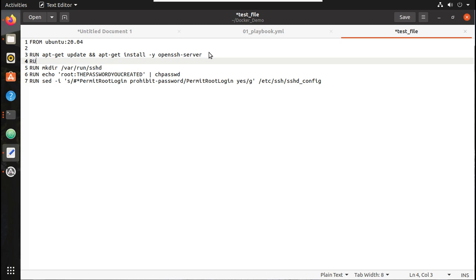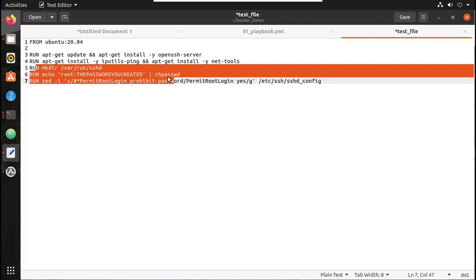I'll give RUN apt-get install. I'll give iputils-ping, then one more, net-tools, so that we can test ping and ifconfig commands.